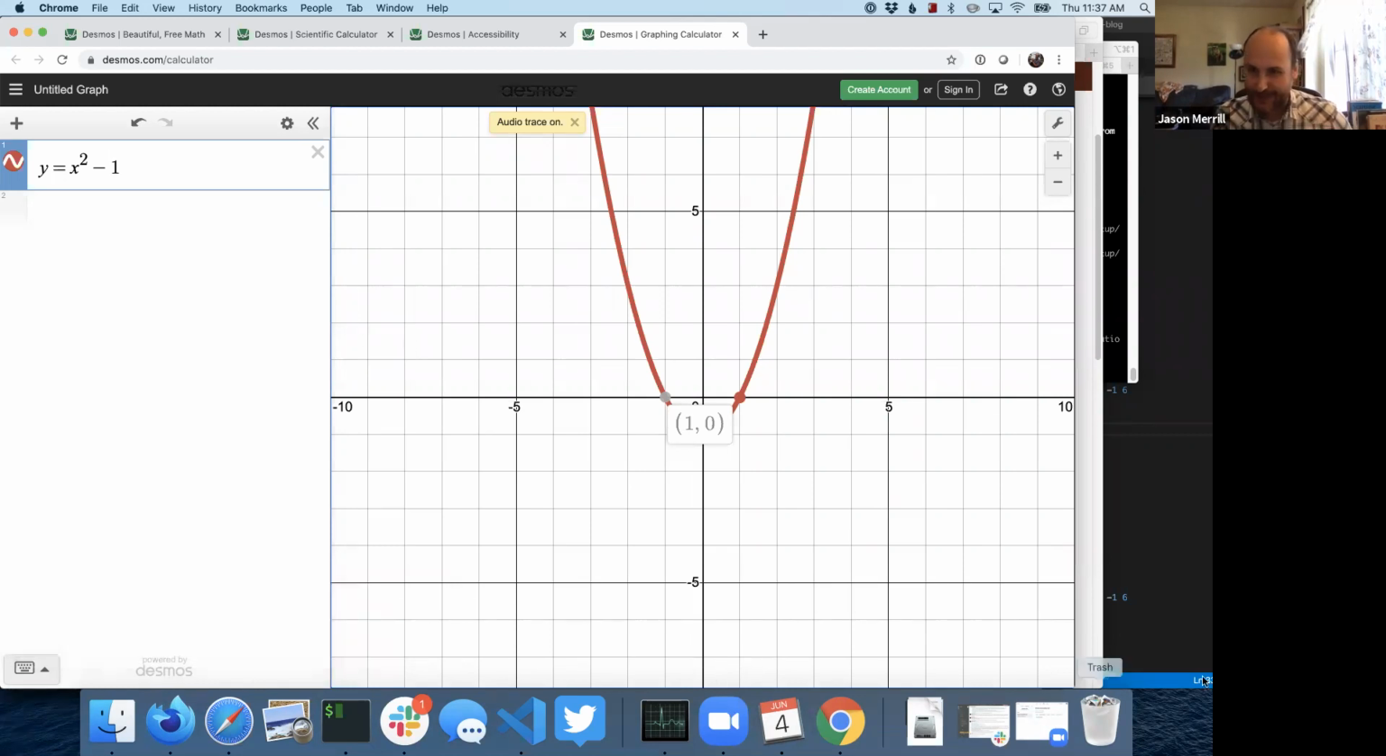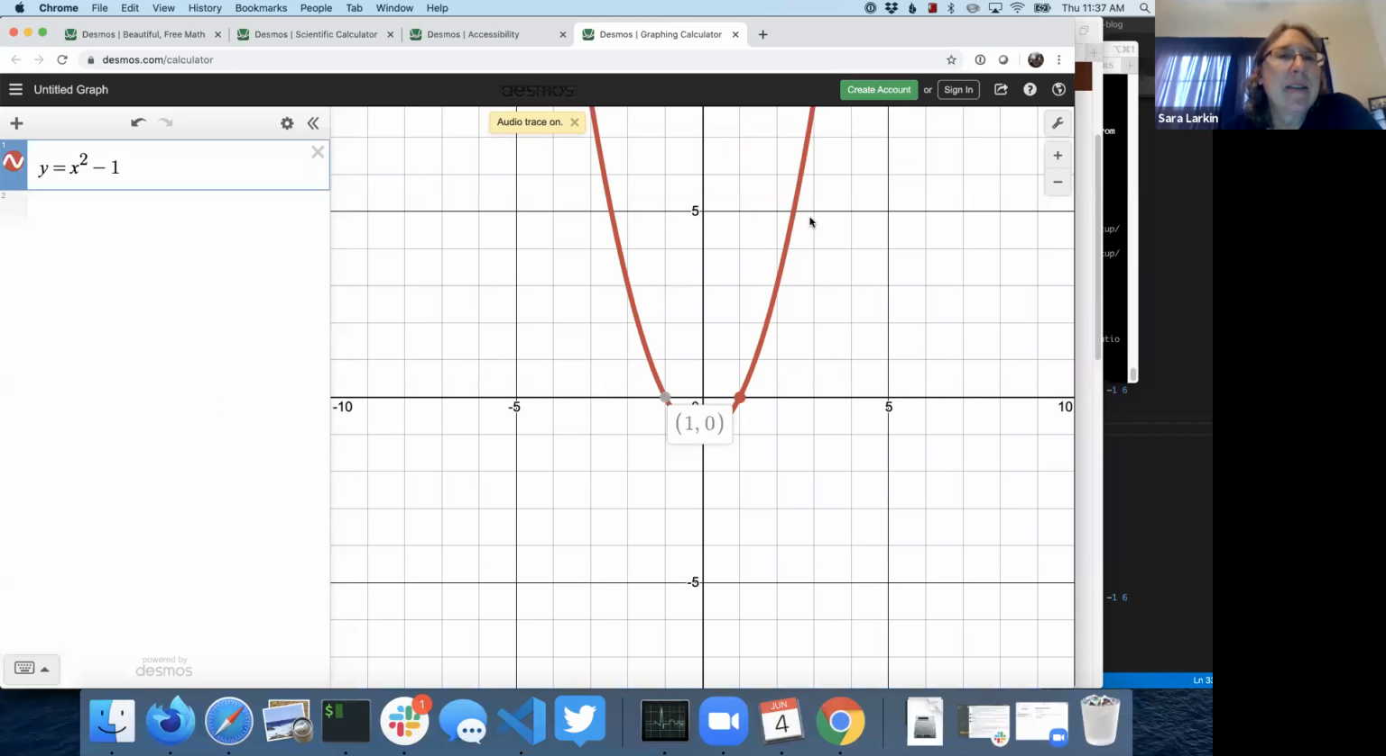I'm going to turn VoiceOver off for a moment. We have a question on how to change the X and Y scale. Yeah, so there's